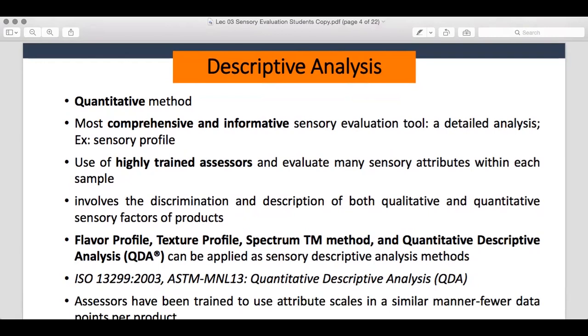And we use the descriptive analysis for detailed analysis. When you are working in a company, next time you are going to work, then they ask you to develop a food product, right? Then what you have to do is, for example, it is a dairy company, right? So they ask to develop a new yogurt. Then first you have to do is,